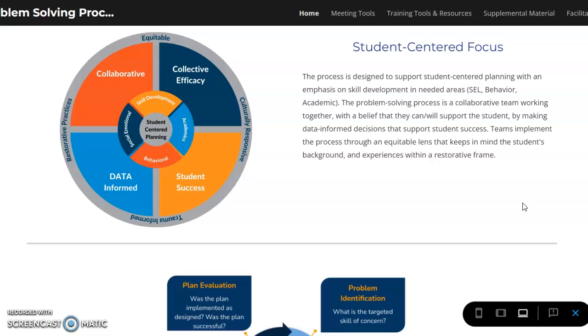The problem-solving process is a collaborative team working together. There is a belief that they can and will support the student by making data-informed decisions that support student success. Teams implement the process through an equitable lens that keeps in mind the student's background and experiences within a restorative